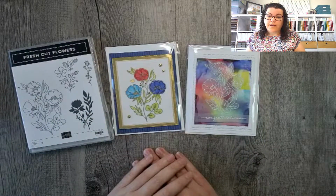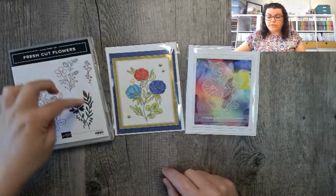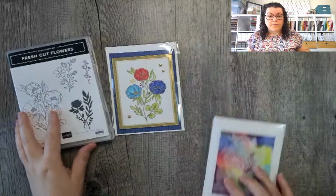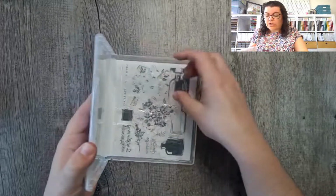I think it's a good way to just use a large stamp set. And these ones could be great for filling in the background when you're doing one sheet wonder, which is really good. What else have we got? We have our Bottled with Happiness bundle. So this one comes with dies,